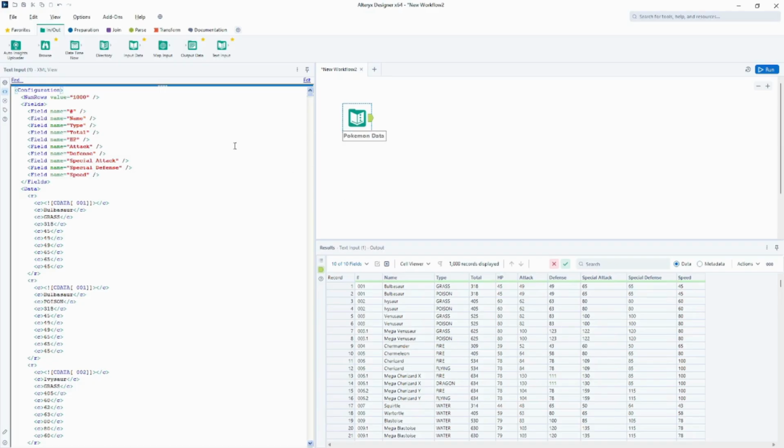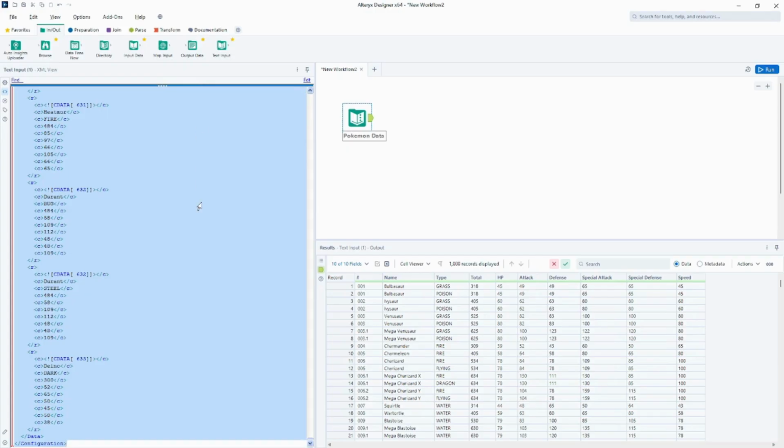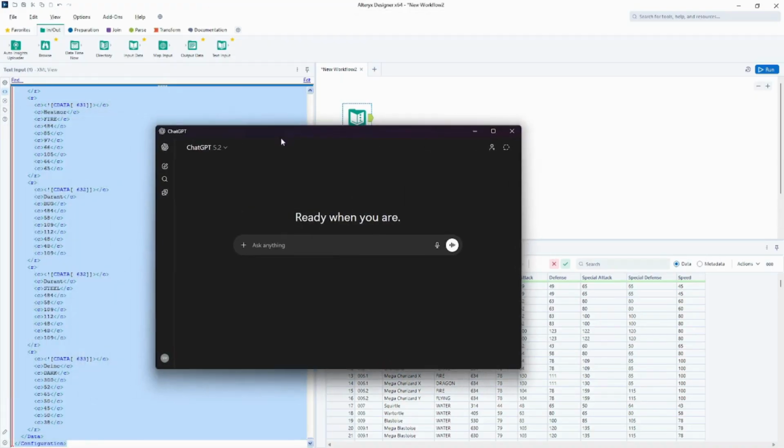For those who have ChatGPT, you can actually use this. How? By Control A, selecting everything and copying it, just like when you're copying in Word or Excel. So this is my ChatGPT, and what's in that XML view,